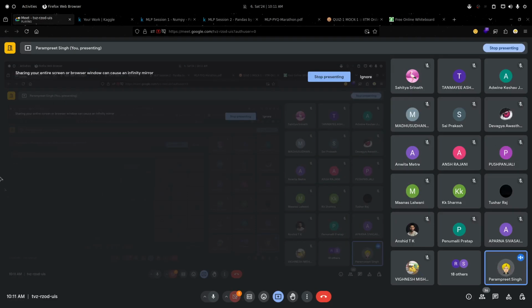Here we have set the threshold as 3. So it will drop all the rows which have at least 3 missing values. Not at least, I think, yeah, more than 3 missing values. So if there are 4 or 5 missing values in a row, then it will remove those rows.